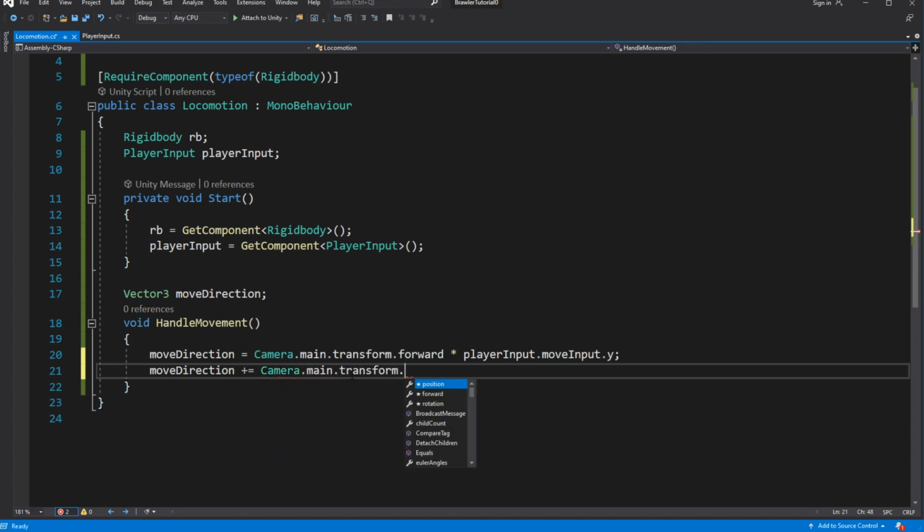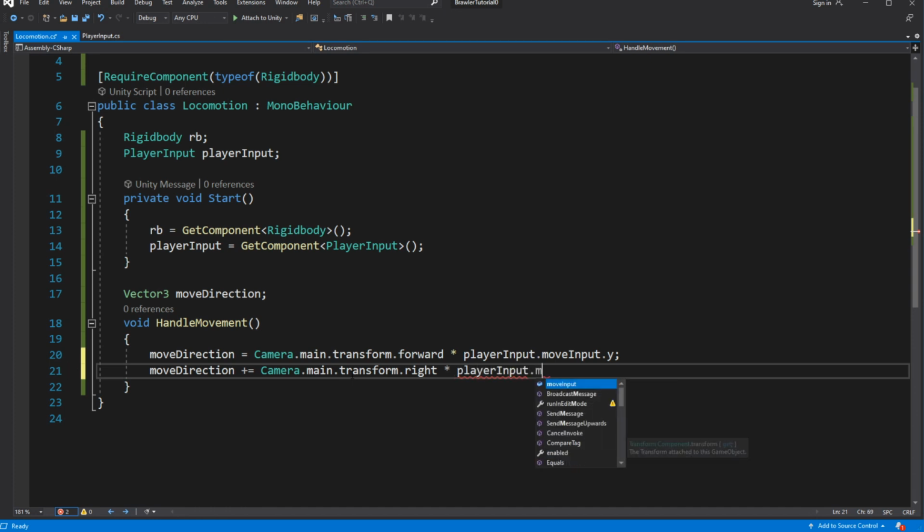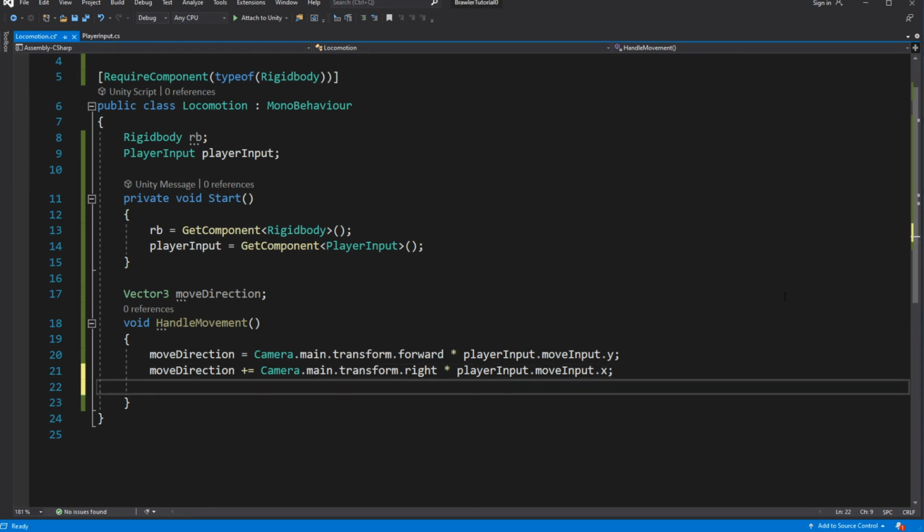Then we will multiply the right vector from the camera by the X move input, which will represent the left and right movement for the character. Let's nullify the Y rotation because we don't need the up and down rotation.